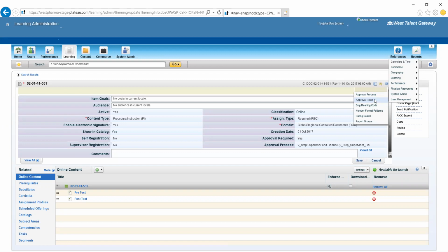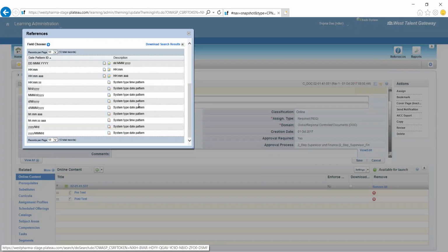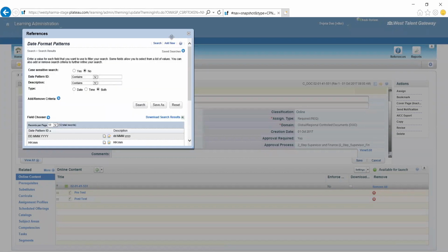So next, I'll be covering the remaining part of the reference section we were discussing. Okay. So I'll just complete all those remaining parts. These are basically settings actually. In the reference section, if you go to the calendars and time, you can see there are different date format patterns. So basically, depending upon the country, you will be using your specific date format. Generally we use DDMMYY and MMDDYYYY. So if there is anything special for your business or organization, then you can come here and create a new date format here.